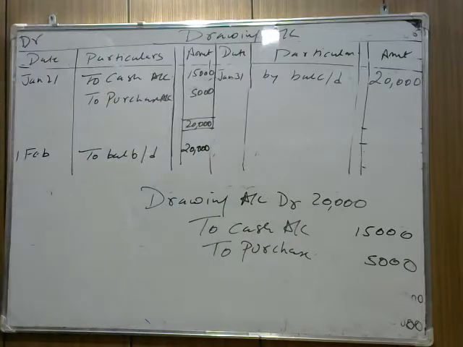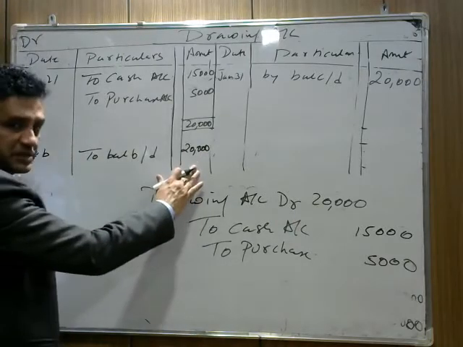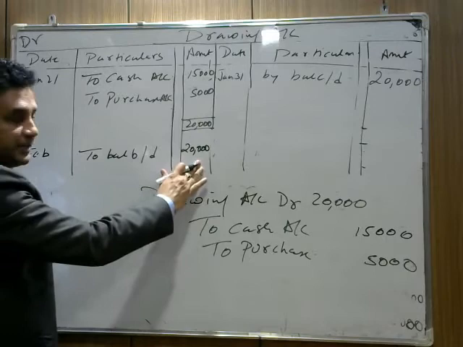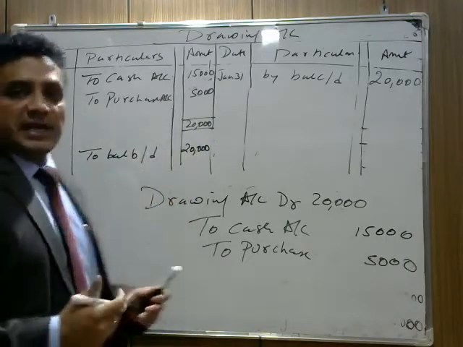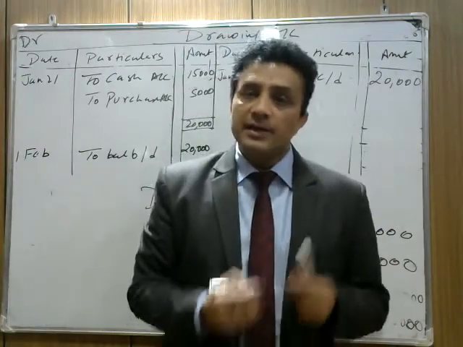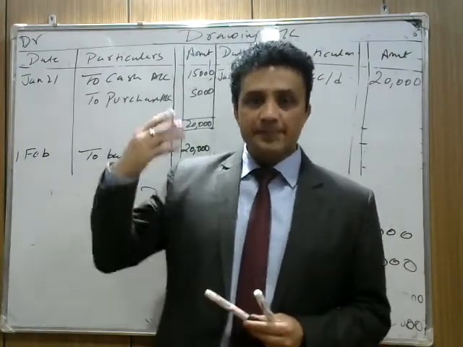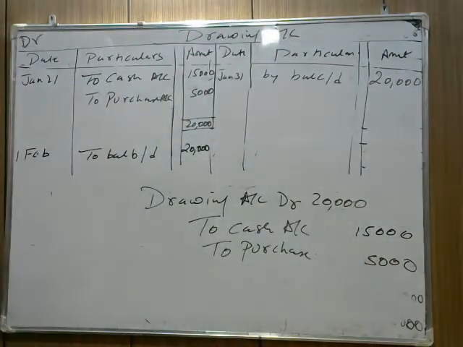Now if you check all the transactions, drawing is an expense. Okay, and all expenses are debited. The opening balance will always come on the debit side because drawing is an expense and all expenses are debited. I hope it's clear how we prepare different ledgers till now. There are some more ledgers also.